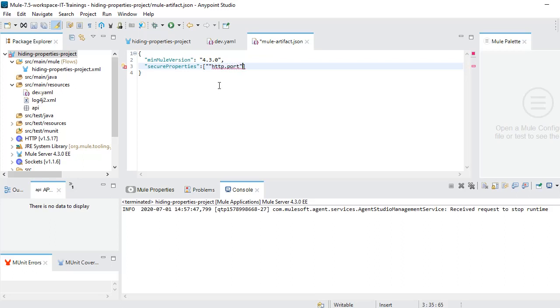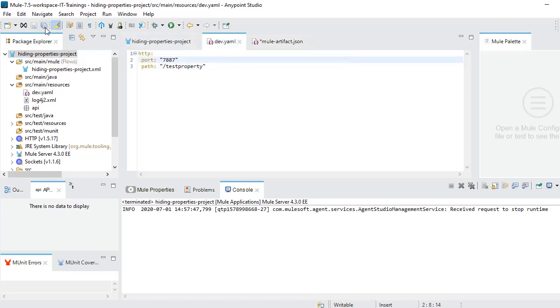http.port, http.path. I'm sorry, my keyboard. Okay, likewise we need to give the key names here. So let's save it and redeploy.